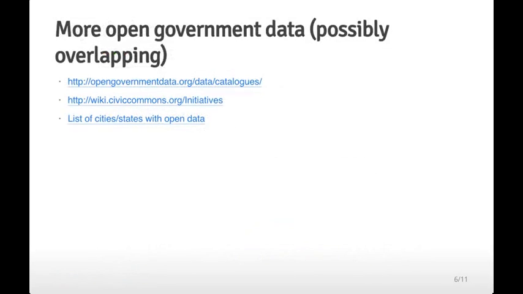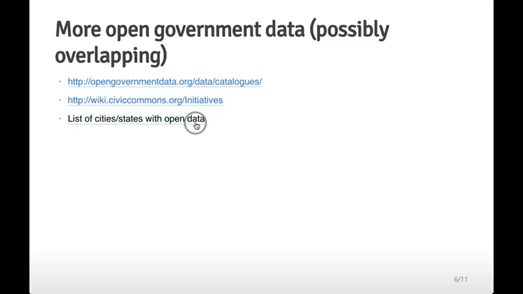There's also a lot of other open government data. So here I've linked to three other places where people have tried to come together and bring out collections of open government data. So there's a catalog here. This is a Civic Commons list. I think this one is the most comprehensive that I've seen of governments, both local, state in the United States, and federal